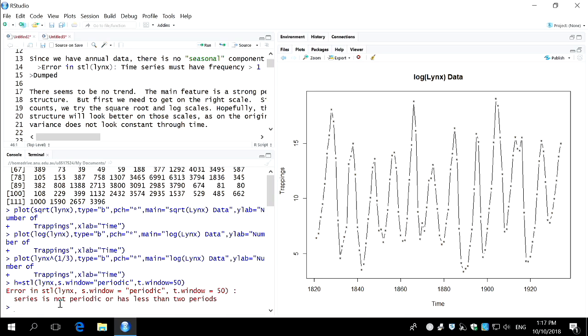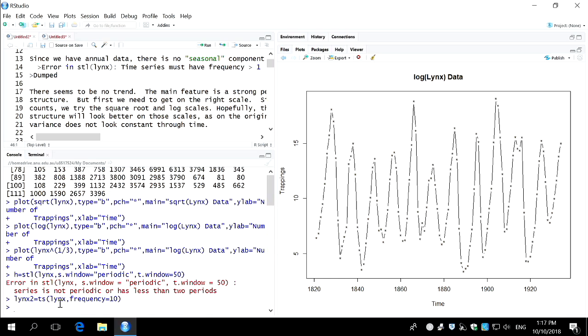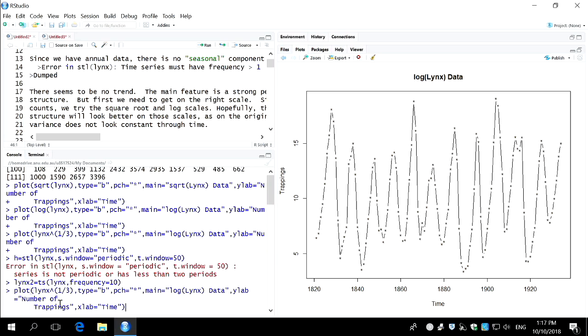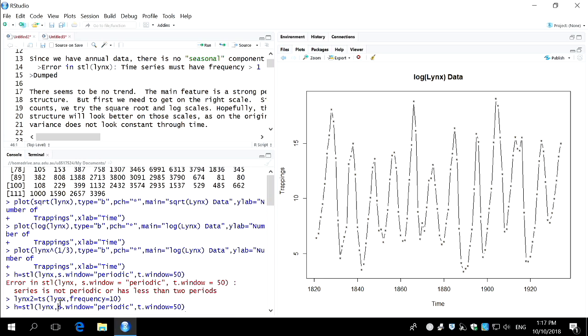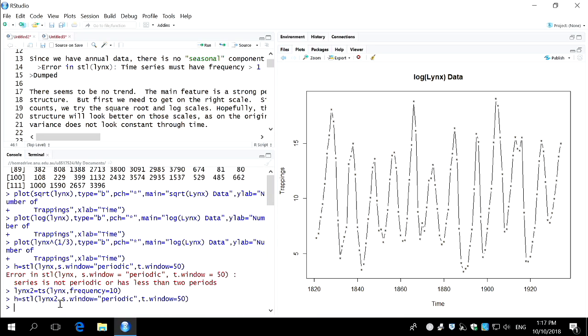I could be a little bit cheeky. I could say, well, let's recreate lengths. I'm going to create a new object called lengths2, which is a time series that contains the values in lengths, but which manually sets a frequency. And you probably want to do frequency as 10. Again, you probably want to count from peak to peak just to make sure that's about right. I think it's 10 or 11. Let's see what happens with frequency equals 10. Okay, now if I do this and I use STL, I can go stl of lengths2. It'll do it. If I plot h, I'll get